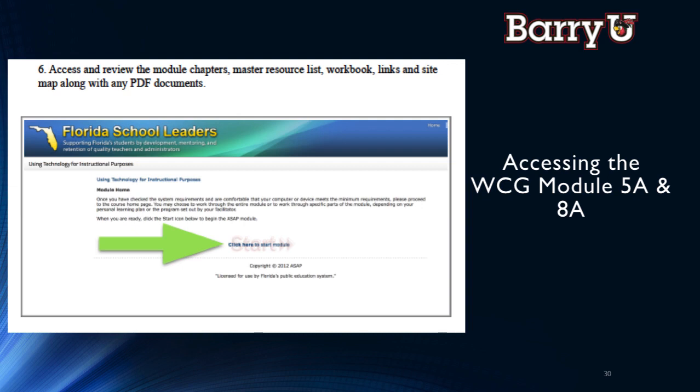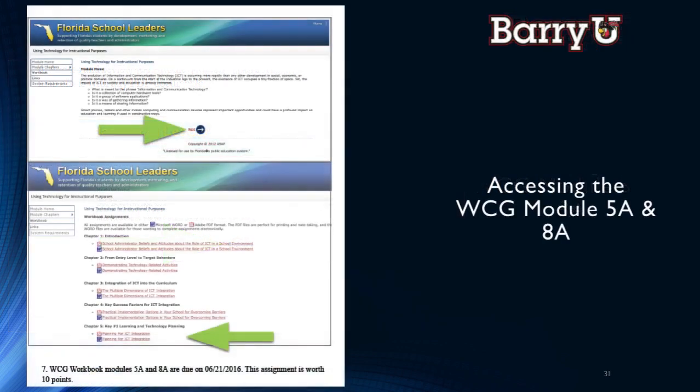Next, access and review the module chapters, master resource list, workbook links, and sitemap along with any PDF documents. Click where the green arrow indicates to start the module. After the module has been started, go ahead and review it and complete the workbook assignments for 5A and 8A. You can click on the links yourself or access the links that are right below